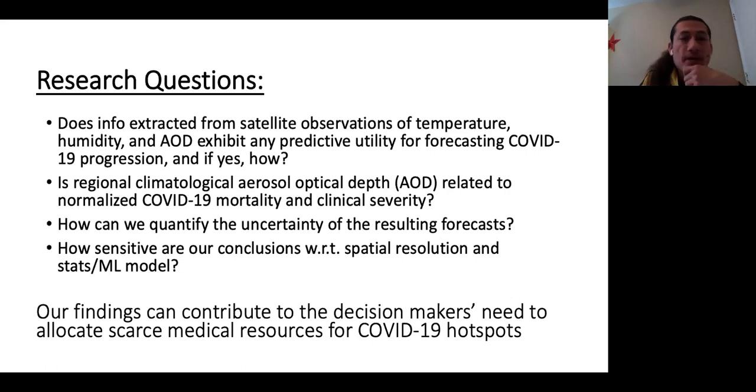Understanding the impact of atmospheric conditions and air quality is urgent and critical, not only in terms of efficiently responding to the pandemic, but also in terms of forecasting next hotspots and potential wave occurrences. Let's hope that there are not so many in the future. With this project, we aim to meet the decision makers' need to allocate scarce medical resources for COVID-19 hotspots, because as you know,